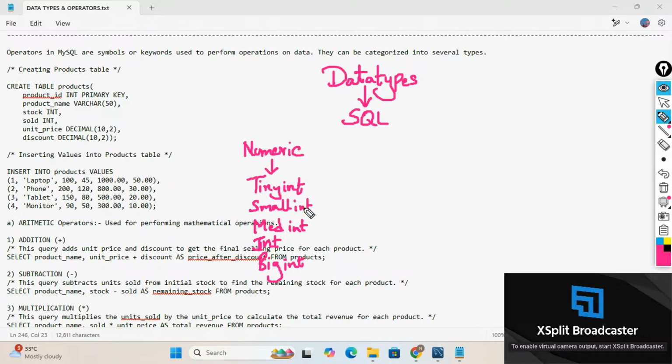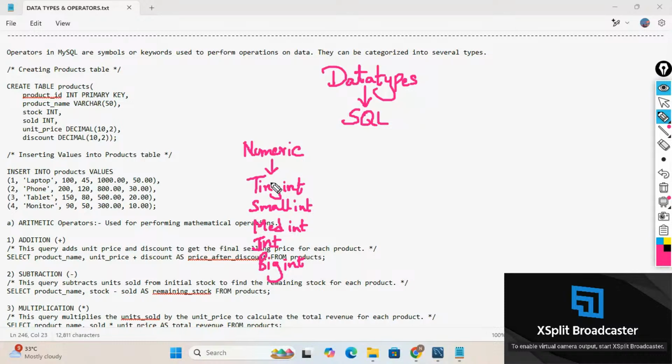All of these are used to store only integers. It means the values which do not have any kind of decimal values, no floating point values, only integers. What makes the difference between these data types which specifically hold integers is